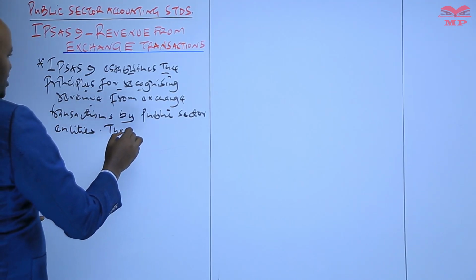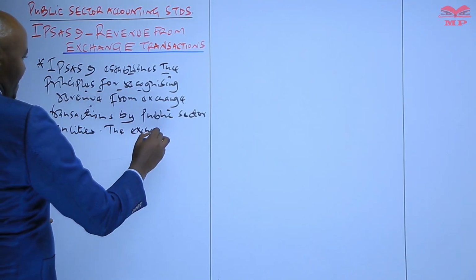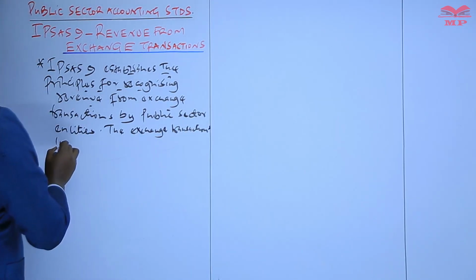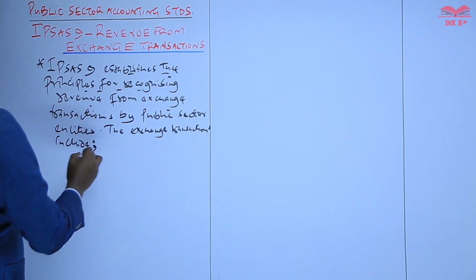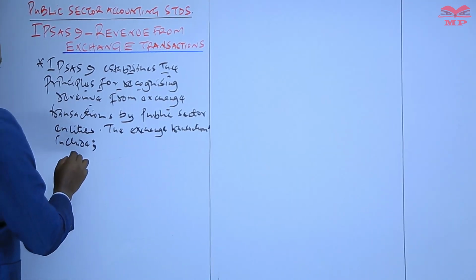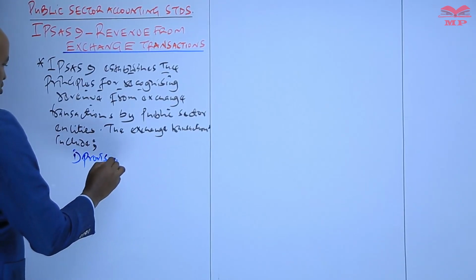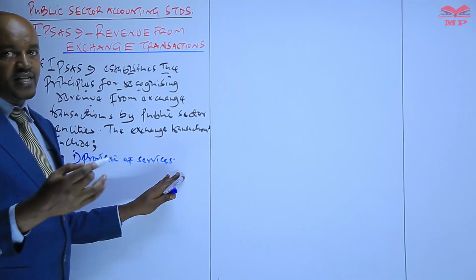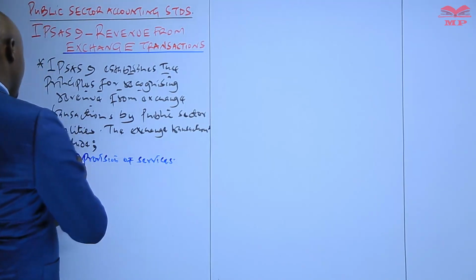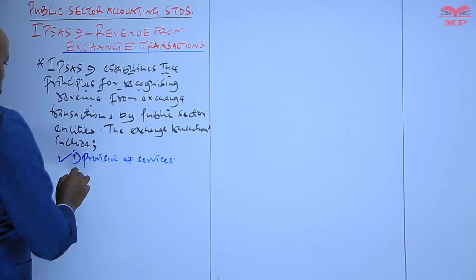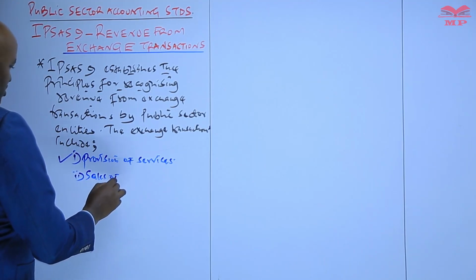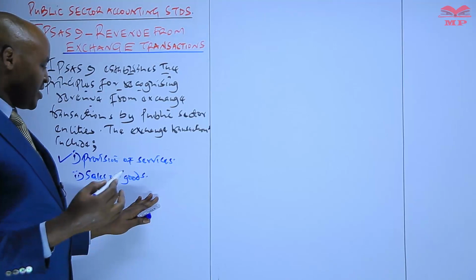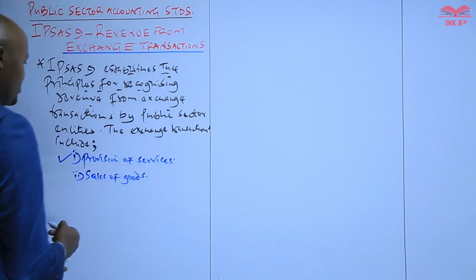And we can say that the exchange transactions include, number one, the provision of services, whereby a public sector entity is providing services and is getting some consideration in return. That is a good example of an exchange transaction. Number two is the sales of goods. A public sector entity is selling some goods to the members of the public and receiving some consideration equivalent to the value of the goods